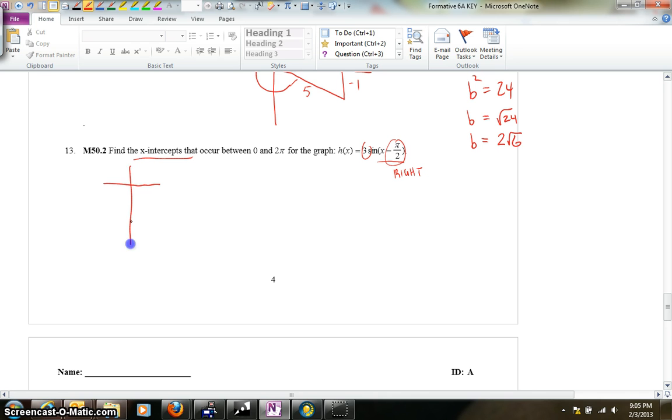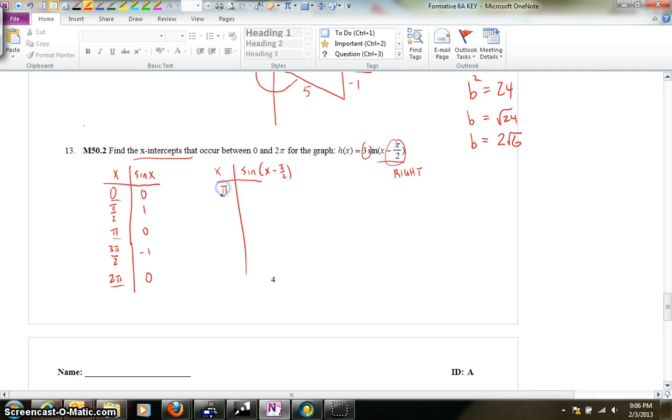So what I started with here was just x and sine of x, and same standard angle values as normal: 0, pi over 2, pi, 3 pi over 2, and 2 pi. And that gives us 0, 1, 0, -1, 0. So right now our x-intercepts would have been 0, pi, and 2 pi, but everything moved pi over 2 to the right. And so as I move everything pi over 2 to the right,